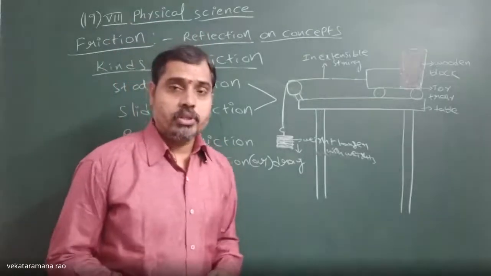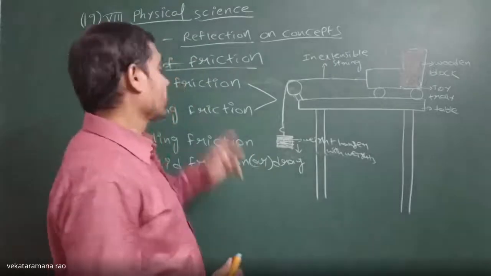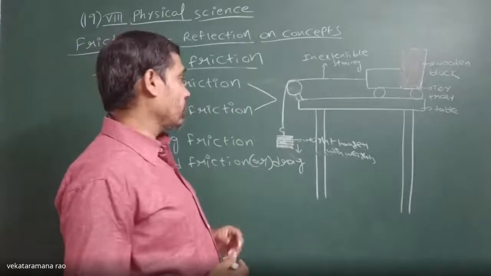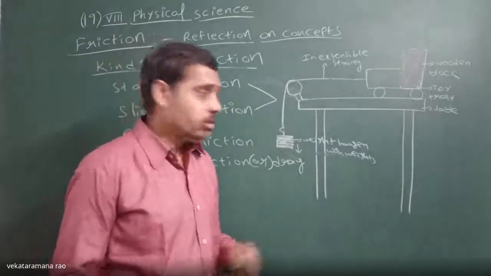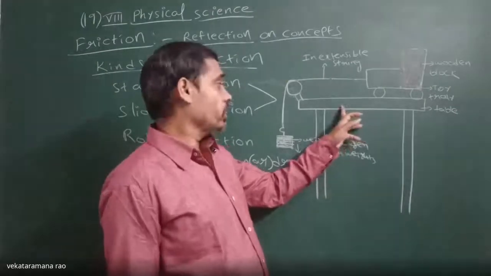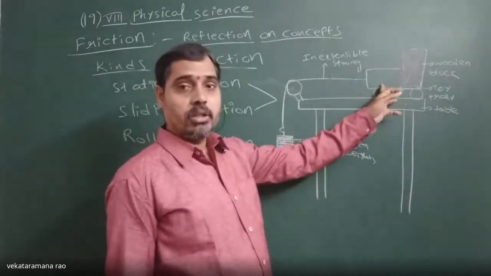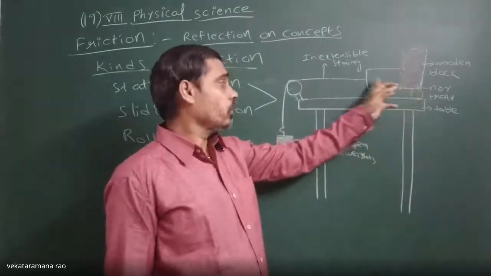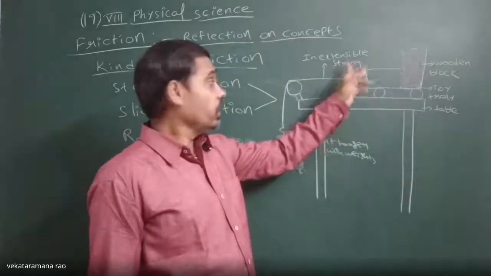So we are discussing an activity which tells about the nature of friction and which will demonstrate static friction and sliding friction. So what we will do, we will consider one table. On the table we will place one toy trolley. On the toy trolley we will place one wooden block, and the wooden block is tied with one inextensible string,